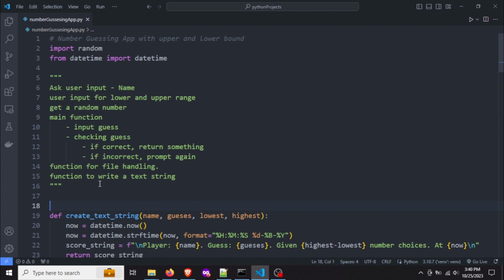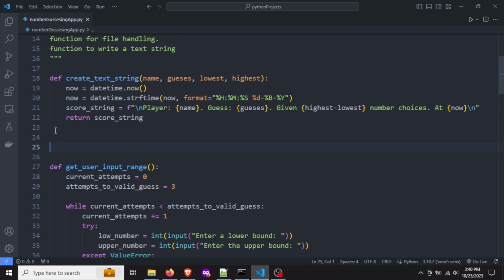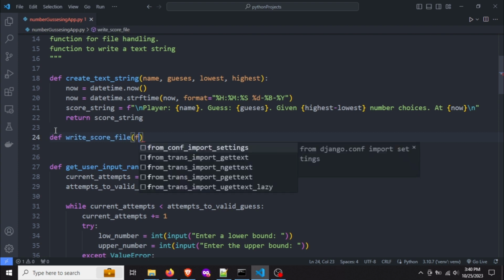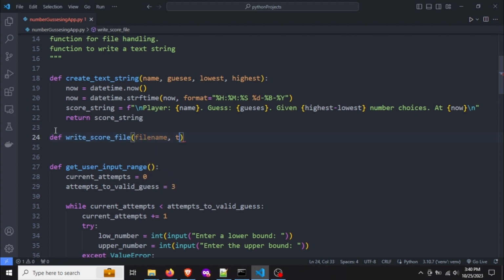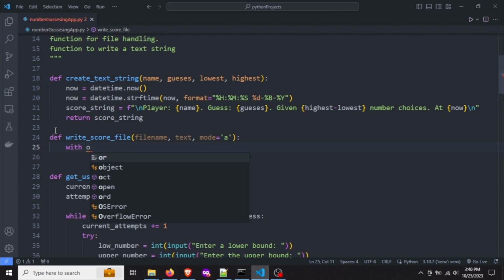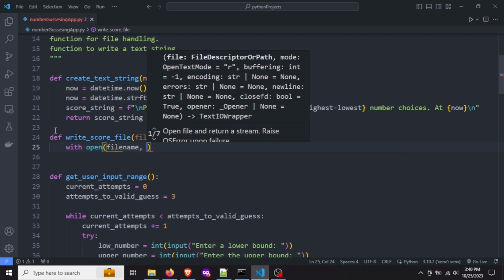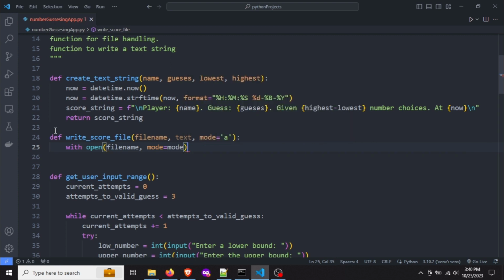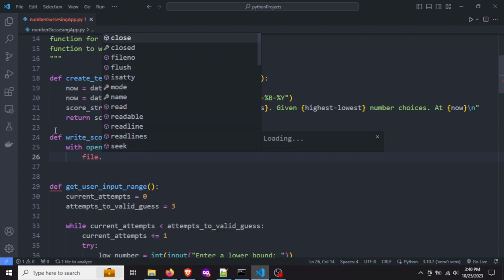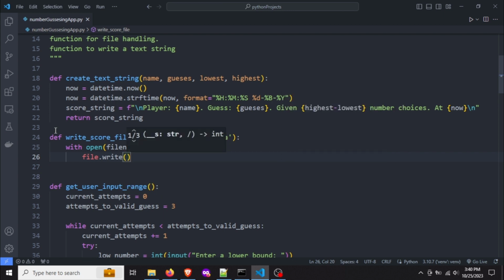So we can create another function, def write score file, and this will take file name, text, mode is going to be append, a, with open file name, mode is equal to mode as file, file.write text,